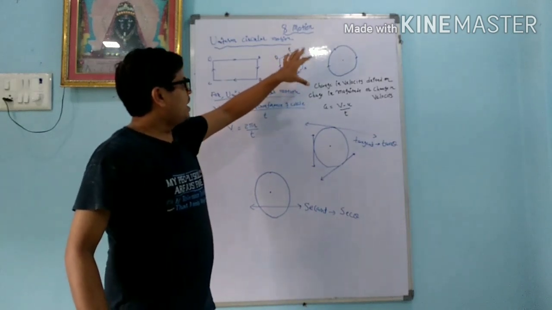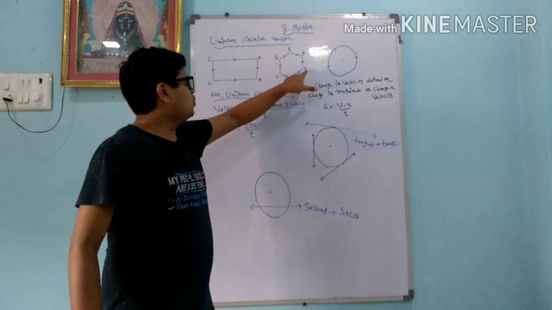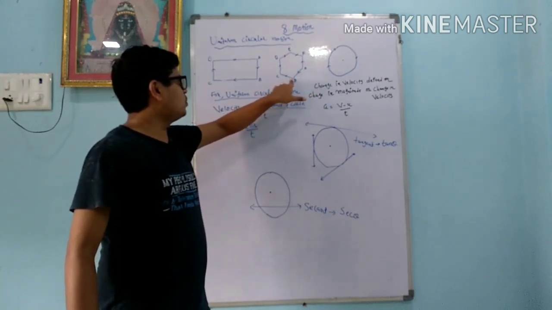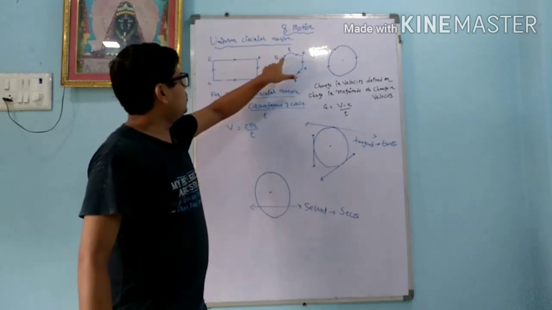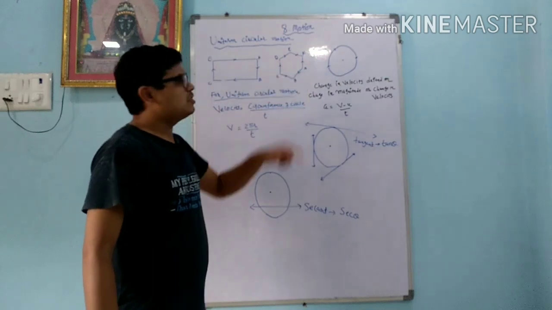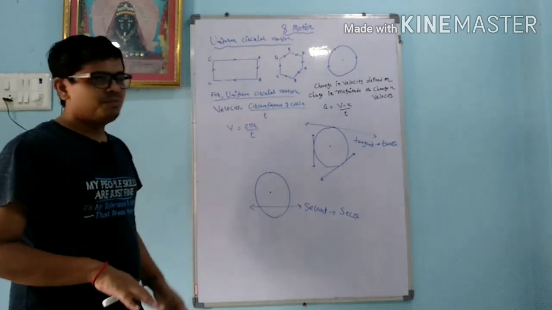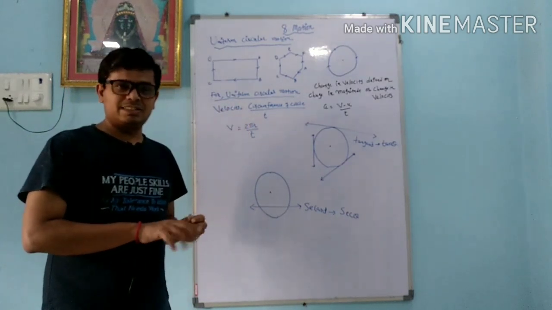In the same way, this is a hexagon. On that ground, the athlete starts running. When he goes from A to B, his direction is somewhat downward, but when he goes from B to C, the direction is changed. C to D, the direction is different. D to E, different. E to F, different. Every time, the athlete is running with the same magnitude, but its direction is different, so we can say that it is accelerated motion.